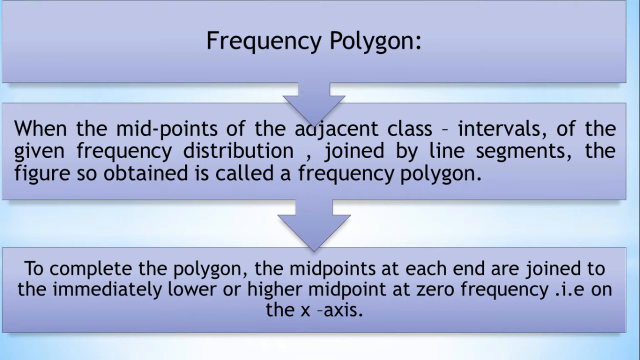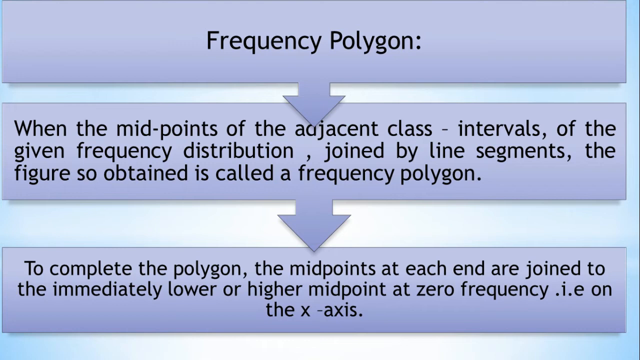When the midpoints of the adjacent class intervals of the given frequency distribution are joined by line segments, the figure so obtained is called the frequency polygon. That means, in the previous class we learnt how to draw the rectangles in the histogram. For the drawn rectangles, the midpoint of the class interval should be marked. So the points joining the midpoints of all the class intervals will give a line that is called a